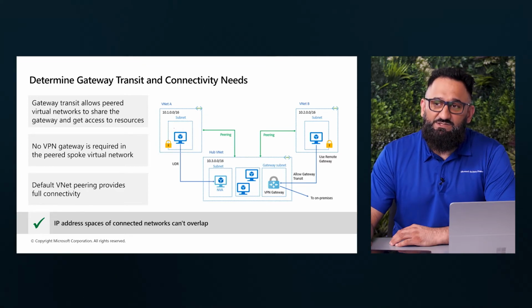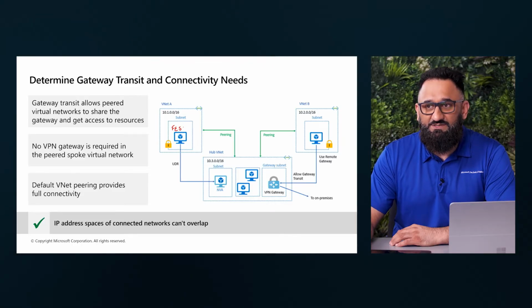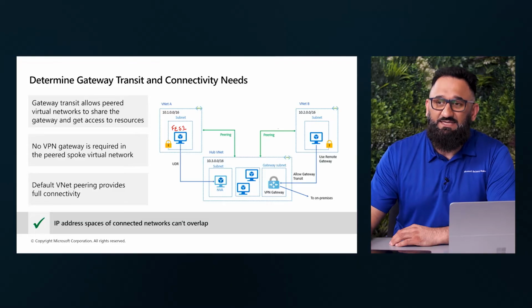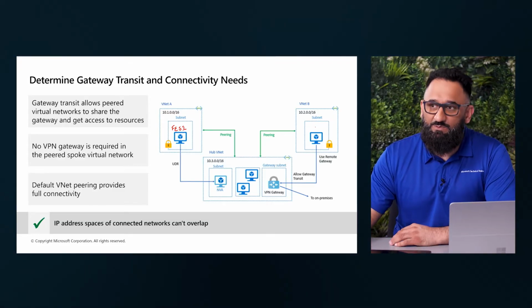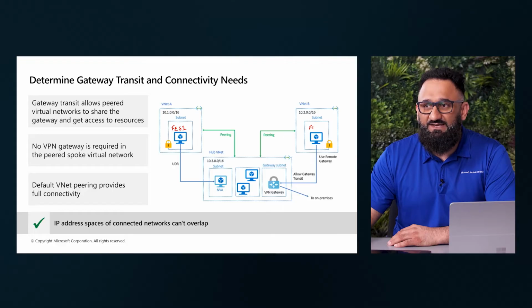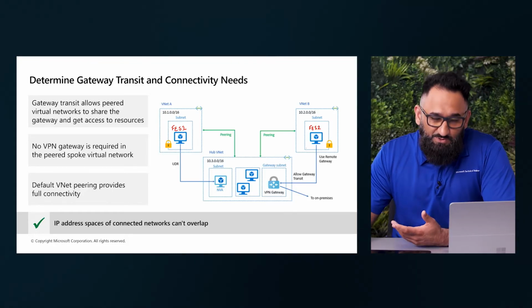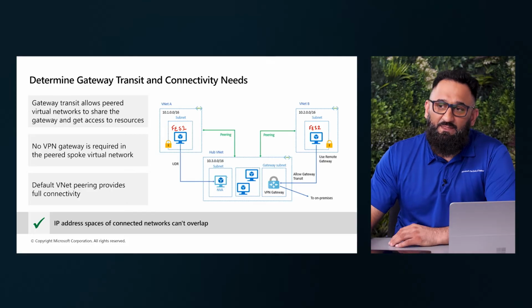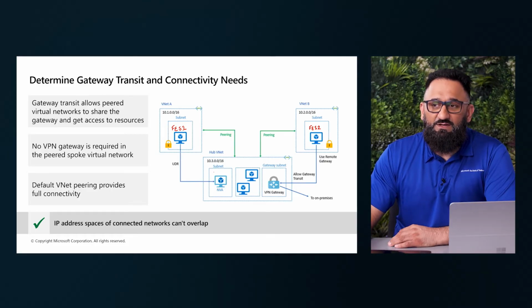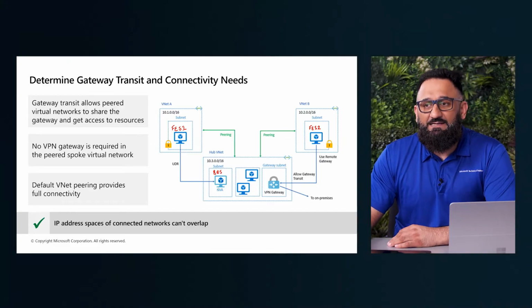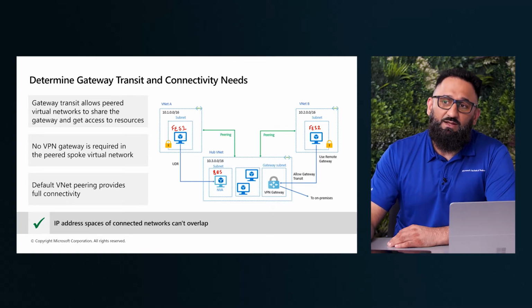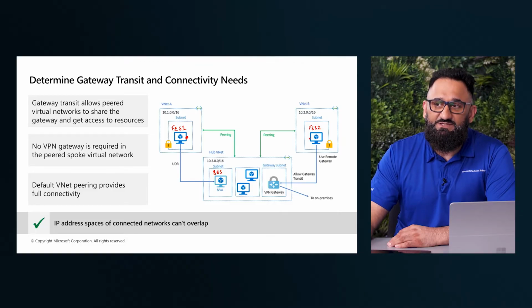So I have a server called front-end server 1. I'll call it FES1 for short. And I have a server called front-end server 2. These are two resources that I've got currently running in my setup. Now, in my hub, I've got another resource called back-end server. So it's got back-end server running in here. And what our connection should look like is that traffic from the front-end server 1 needs to reach the front-end server 2.